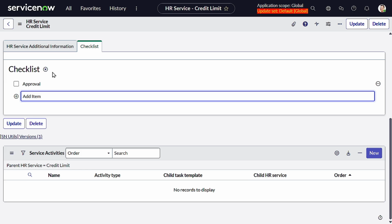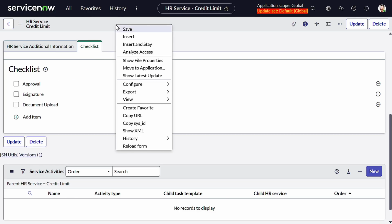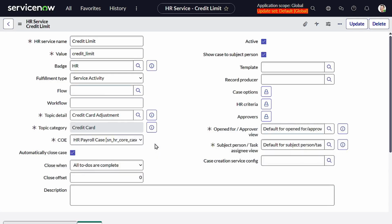Then the next thing will be e-signature. The third thing will be document upload. Perfect. So this is how we'll be going. Now as we have completed this, I will just save this out and now we'll start creating